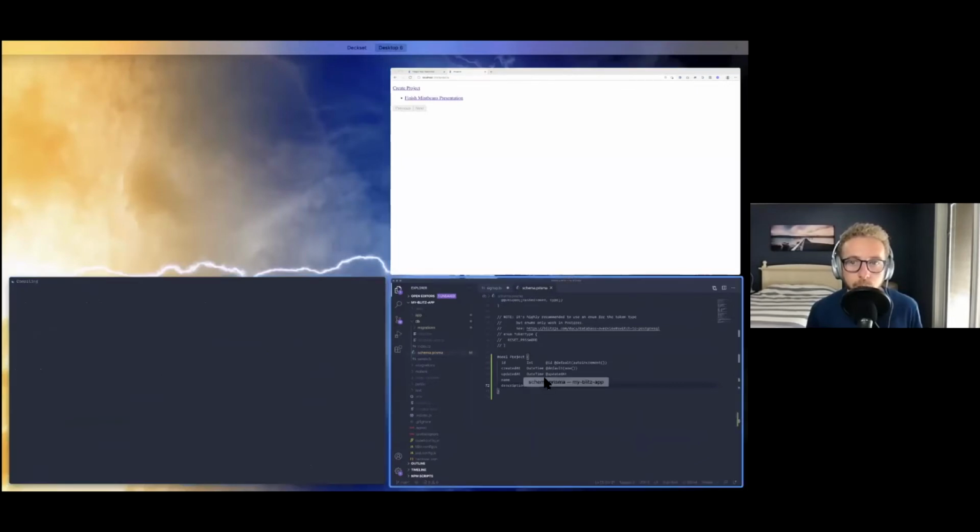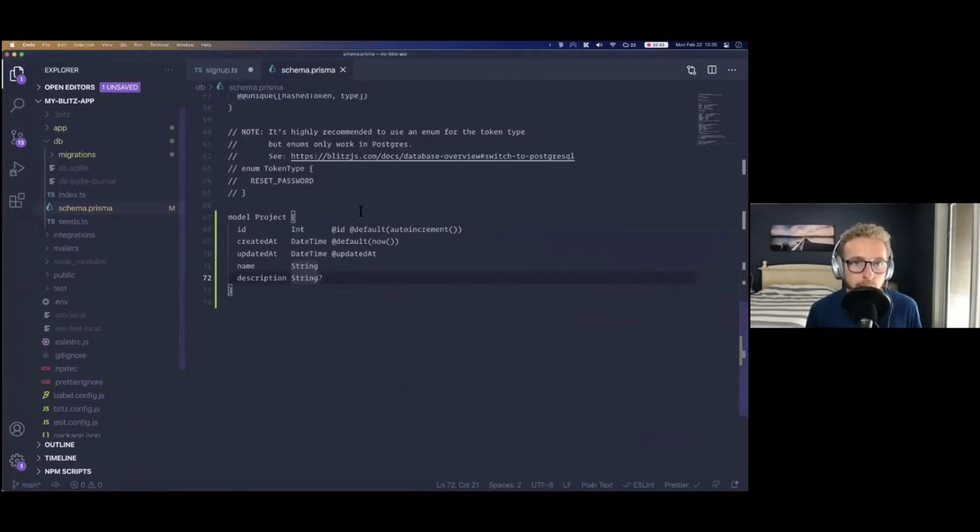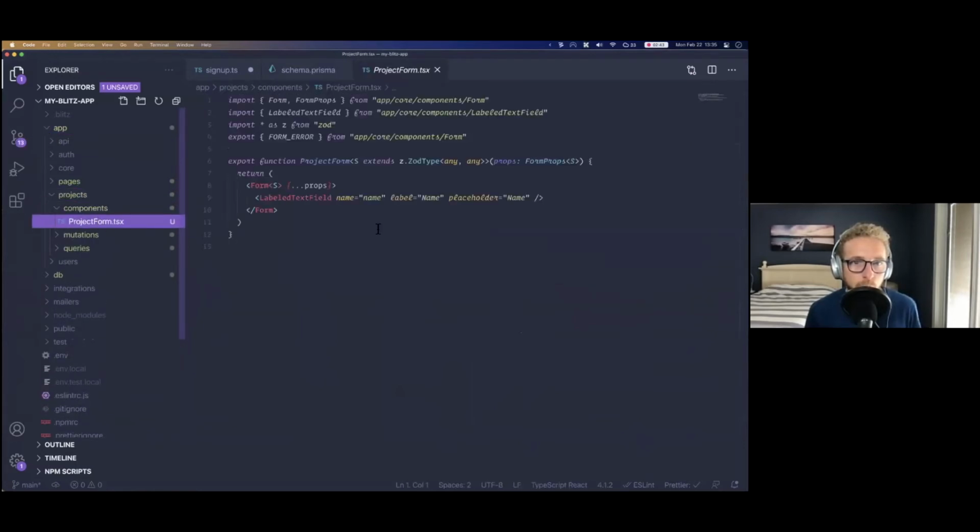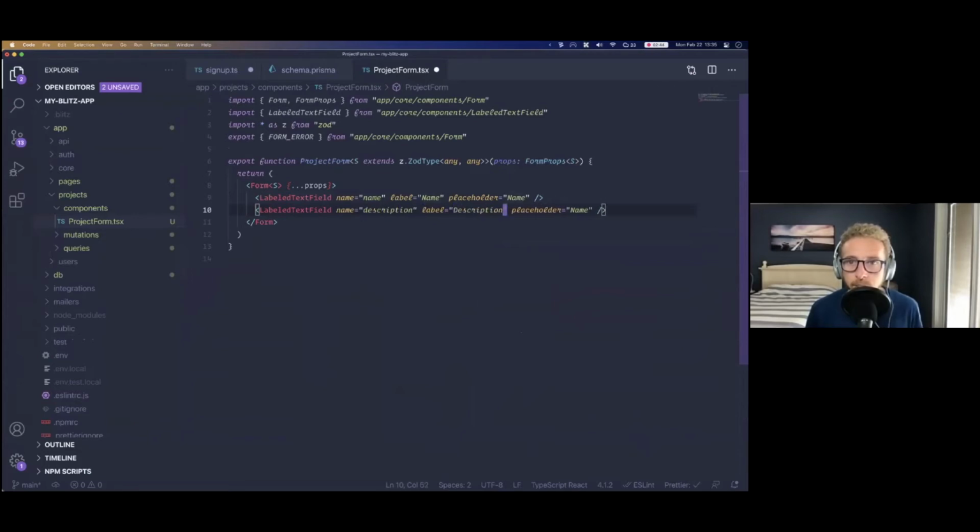And then we need to go over to our projects form. So this is under app, projects, components, project form. And you can see here that we already have the name field. So let's duplicate that and change the name to be description. Okay.